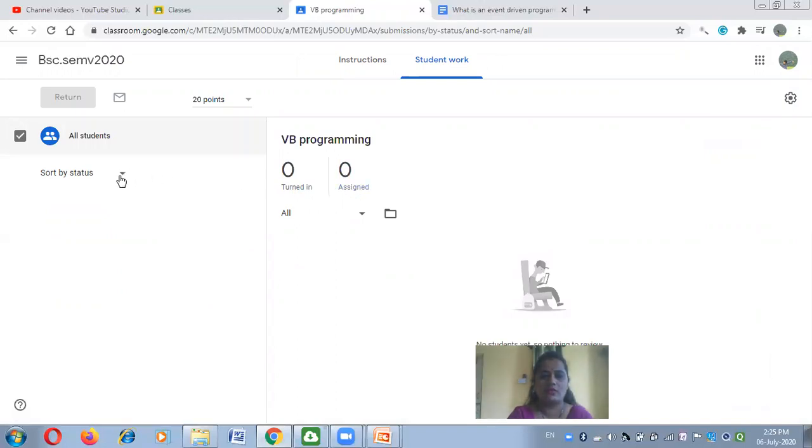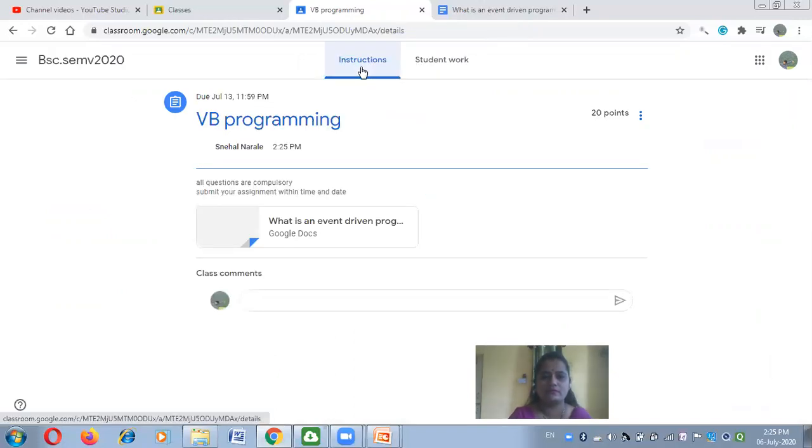So I can assign 20 points. Okay, I'll assign my work to all the students. Whatever instructions I have already typed for the student are displayed here, like all questions are compulsory. Submit your assignment with date and time.